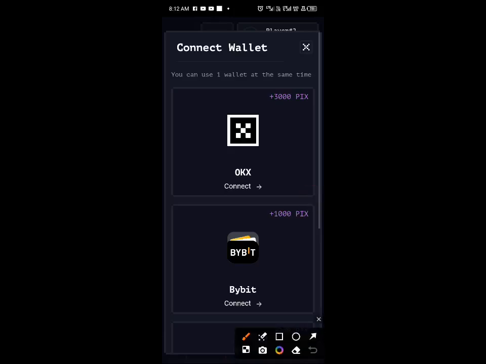If you are using the OKX wallet, you will be given an extra 3,000 Pixie points. So it is best that you use the OKX wallet, as I recommended. Mind you, we are making use of the OKX Web3 wallet address. That's what I connected in my Pixie tab on Telegram. So I'm going to click on connect